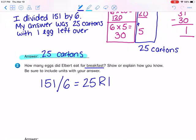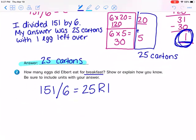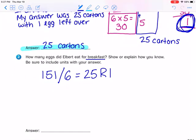A remainder means how much is left over, right? We can't make another carton of 6. We only have 1 egg left. The carton wouldn't be full. So make sure that you guys are counting that as a remainder, and I wrote it as R, 25 remainder 1, 25 R 1. So if I wanted to write this with words, I can say